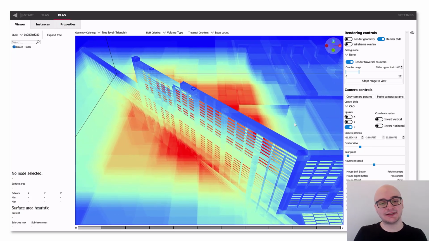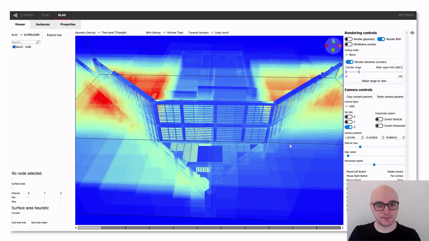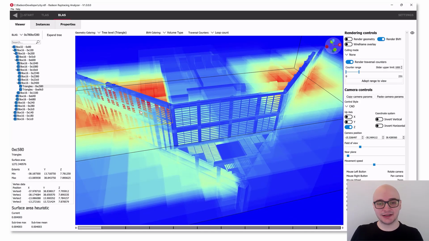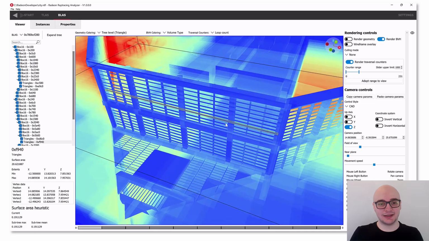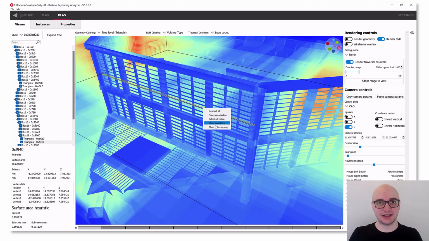You may have noticed that the center part of the structure does not suffer from the same issues. This is because the triangles in that part of the geometry are closely aligned with the XYZ axes. This alignment means that the bounding volumes are occupying significantly less space.